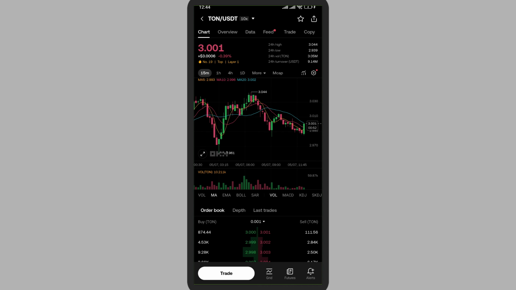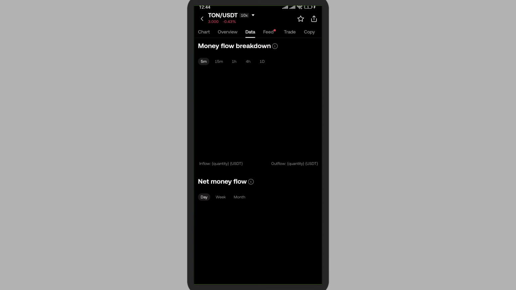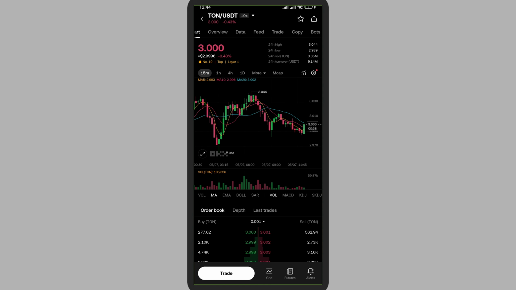So as you can see, this is the Toncoin in USD. So this is the chart available here. You can see the candles too, so you can have technical analysis on this. Here on the top you can see options like overview, data and feed. So these are the indicators that you can see for the stock, and here on the bottom you'll be able